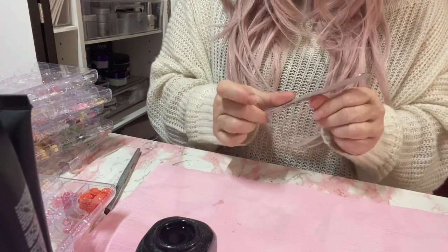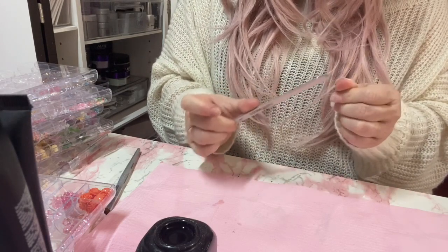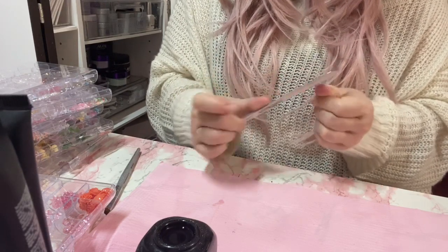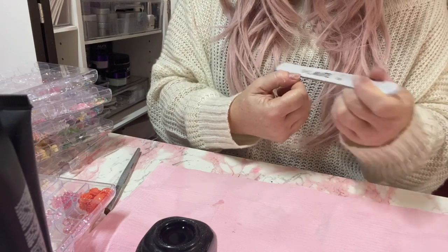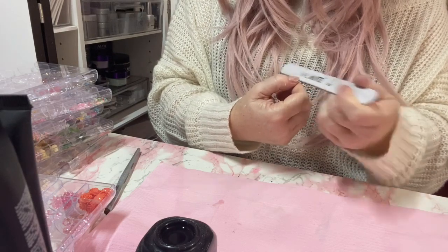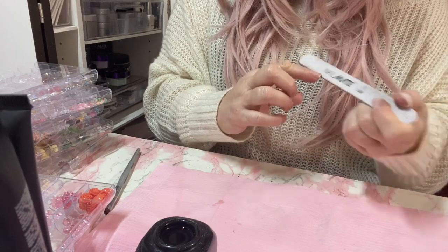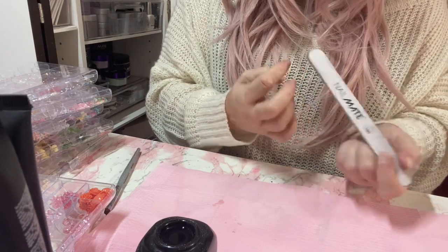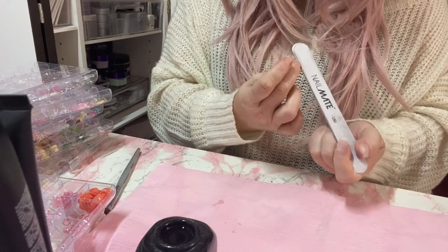e-file off. I use my gel scraper tool to scrape off the excess. Then I use my e-file to get all the remaining. If there's a little bit left, I stick them back in the warm acetone, and it doesn't take long at all. So for you beauties that are struggling with removals, heat up that water, stick your acetone dish in there, and